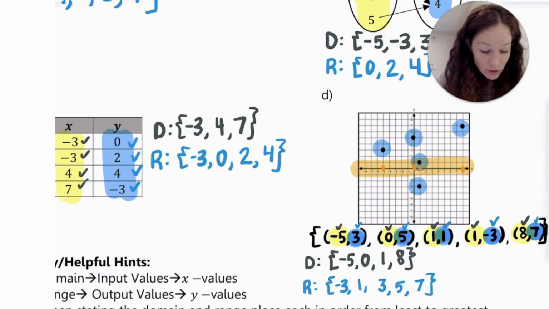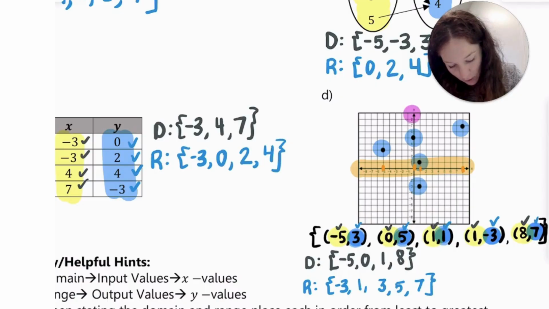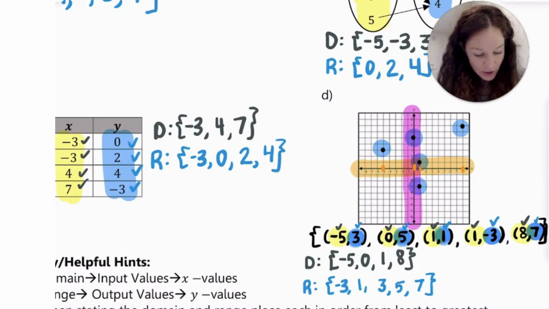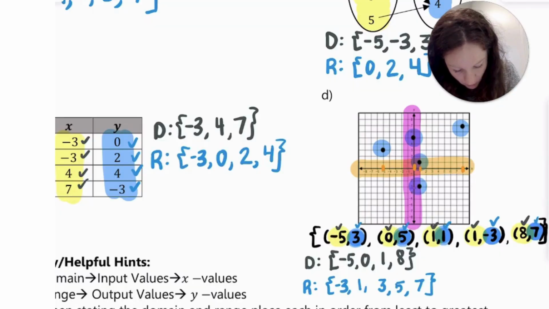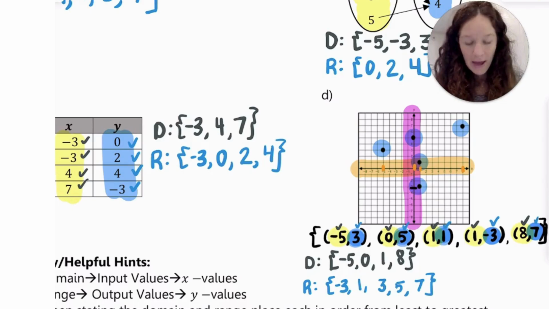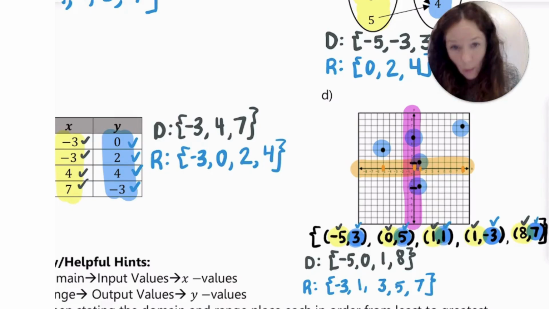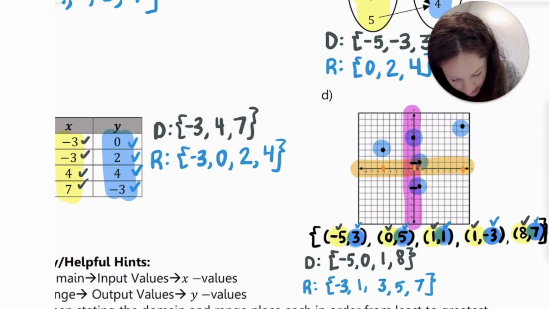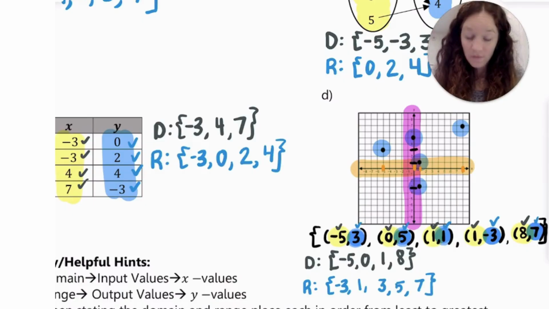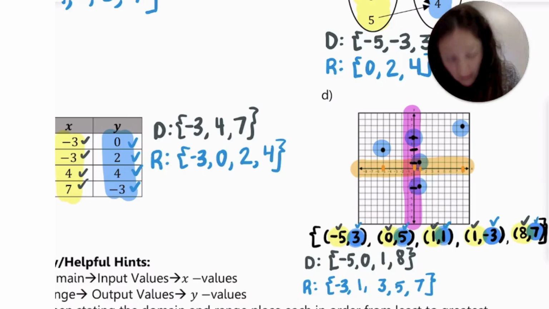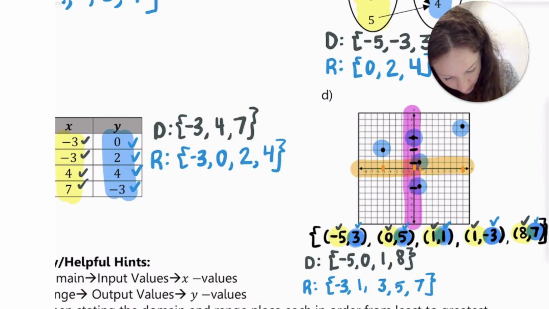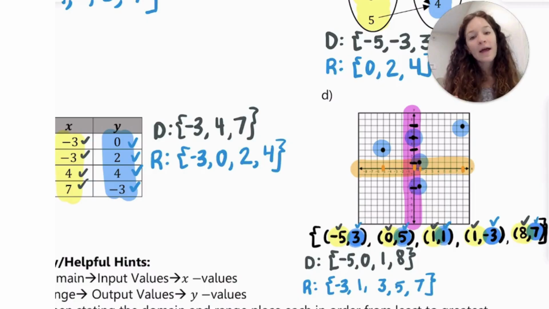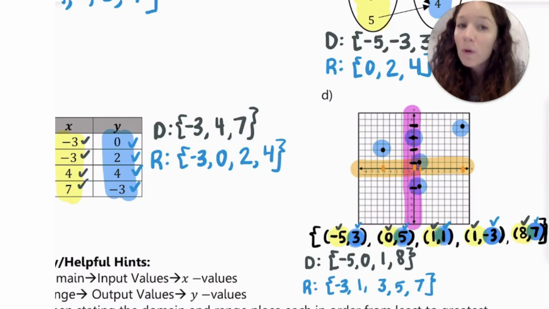I then would do the same thing for my y-axis. I would start down. I'd say, okay, where do I see my first point plotted on the y? Oh, I need a different color. -3. I then see a point plotted at 1. I then see a point plotted at +3, +5, and +7. So that's how you can do it if you don't want to write them down as ordered